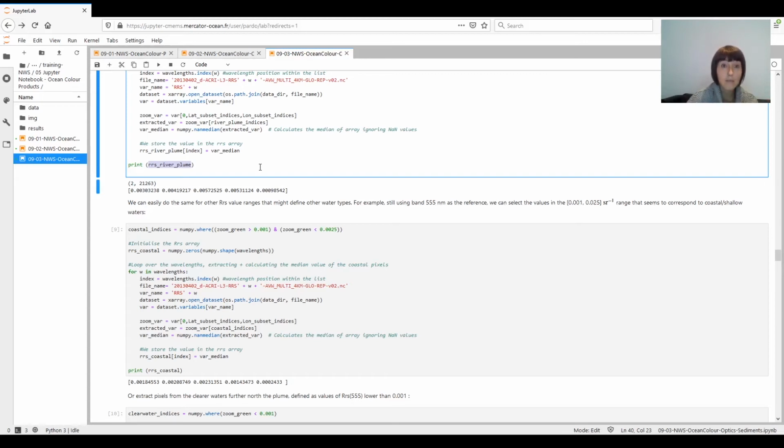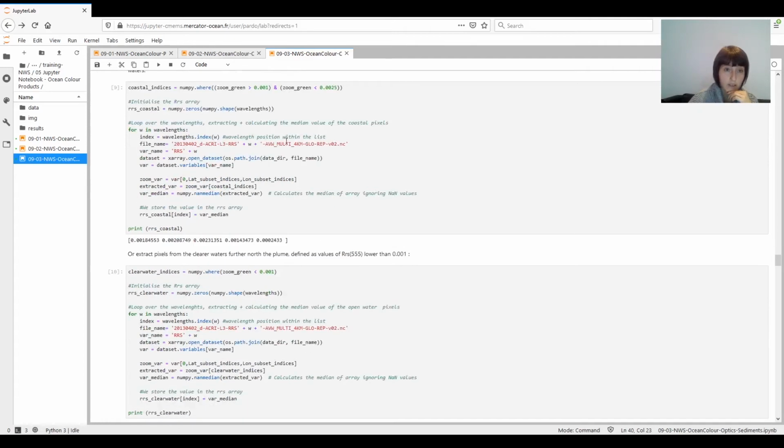all those pixels that belong to a river plume have a really strong signal coming from bands at 490 and 455. So those two values are the highest of the time series. So we can easily do the same for the remote sensing reflectance value ranges that might be defined in all the water types. So for example, in this second box, still using 555, the green band as a reference, we